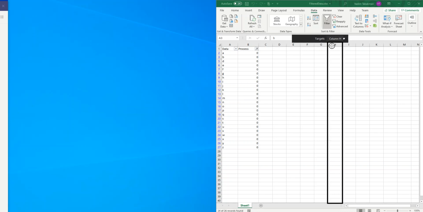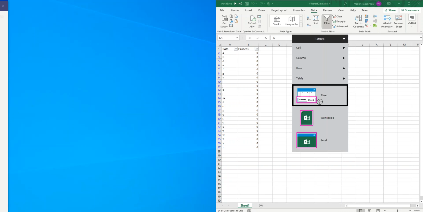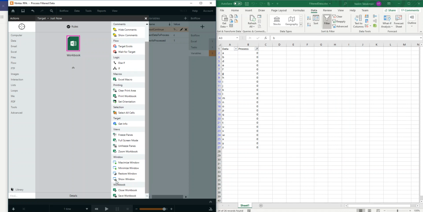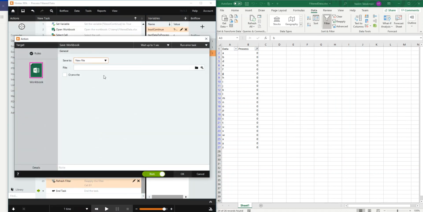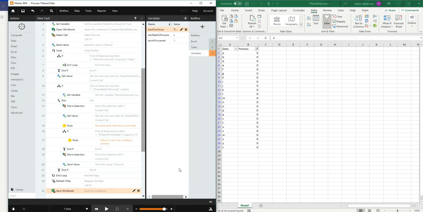Now this time I will go into workbook. Go down here, I'm going to save it. I'm going to existing file. Okay, so what we're doing here, the reason why I did this is because as this particular bot flow runs,